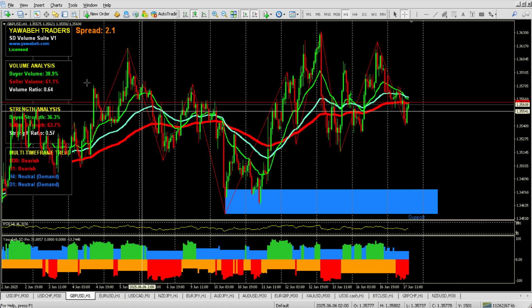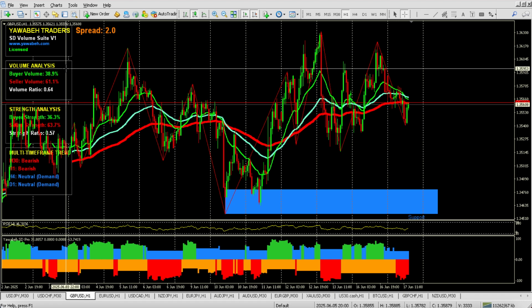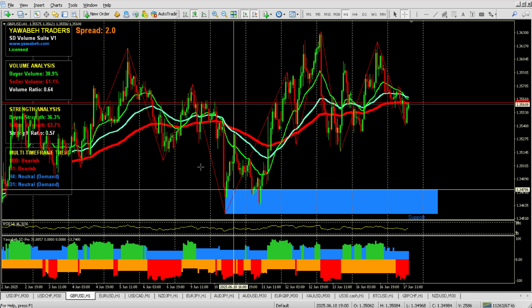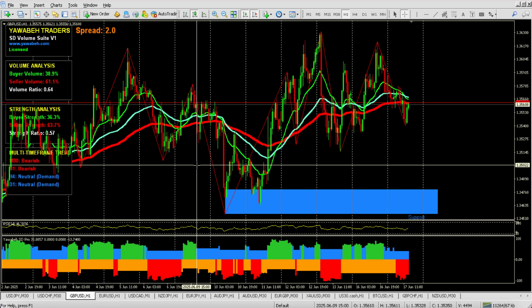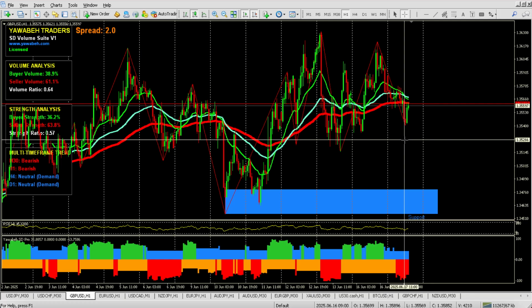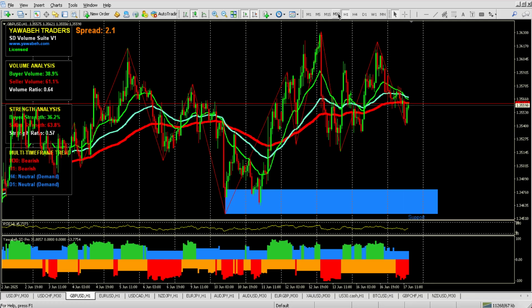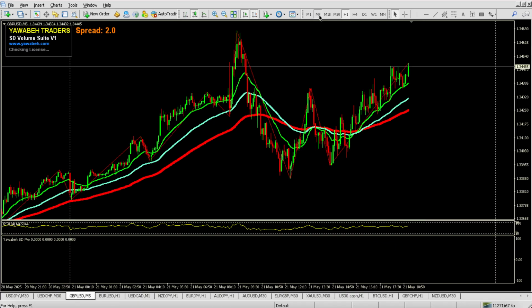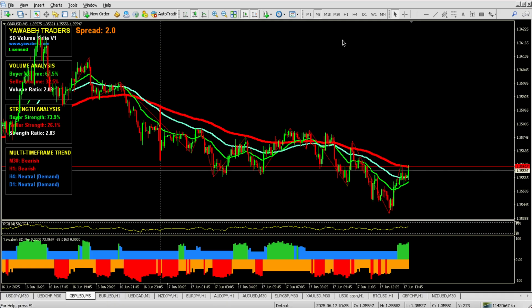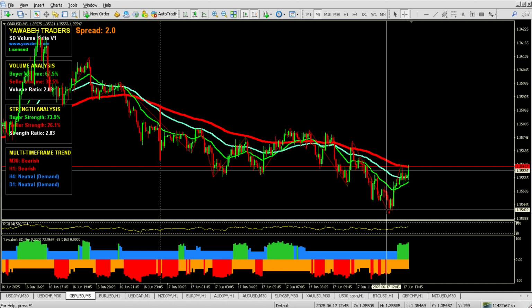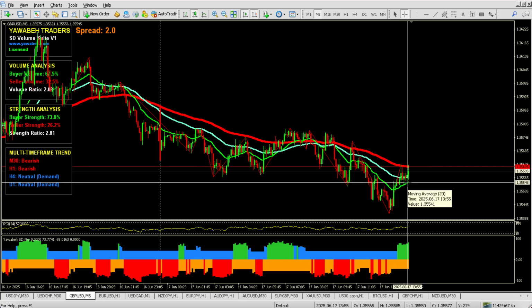This is what is special about the Yawabeh SD Volume Suite indicator, which reveals the hidden supply and demand zones before the price action happens. On M30 and H1, the indicators are giving a sell signal. Let me switch to the lower time frame, because top-to-bottom analysis is very important before entering any position. On M5, the market has made its lower low, and again it is having a correction,